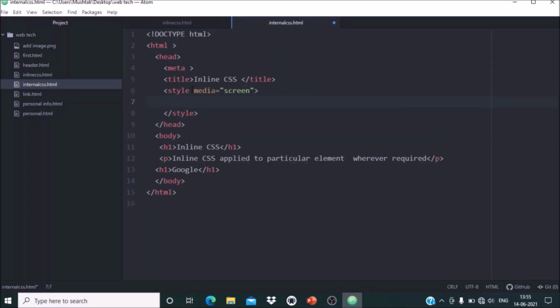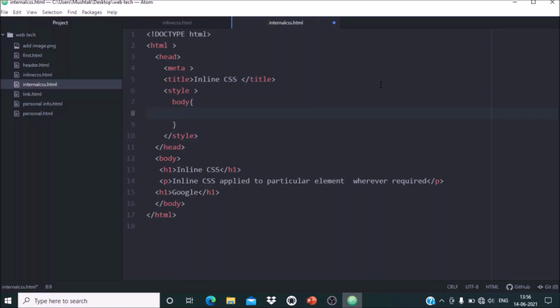So there is an opening style tag and a closing style tag, and inside the style tag you have to select a selector. So what is the selector? It will be h1, paragraph, or body, and you apply the CSS to that body, h1 tag, or paragraph. Now I will use the body. So I will write body and then a curly bracket, and inside the curly bracket you have to write the property and value. Suppose I want to use background, and the color of the background is, for example, gray. I want to give gray color.